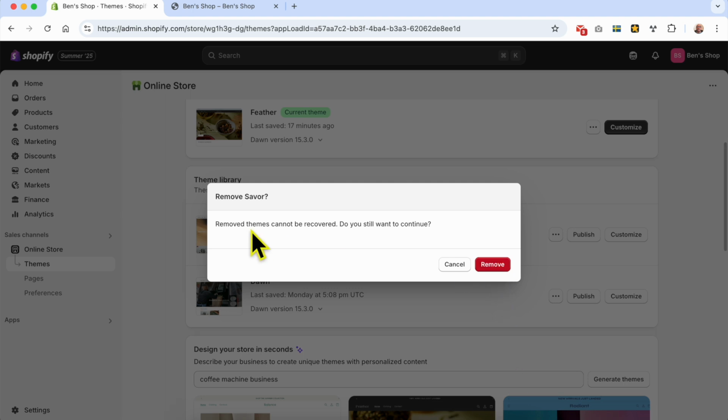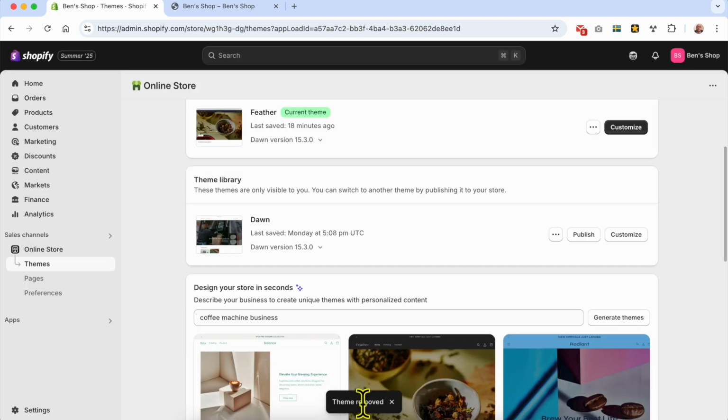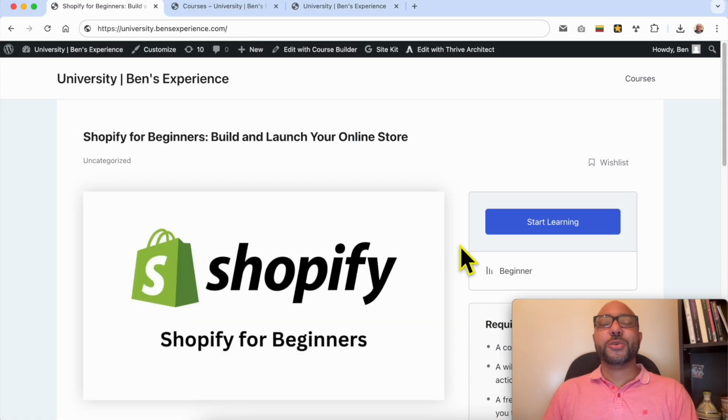Confirm your action, but before that, removed themes cannot be recovered. You still want to continue? Yes. Remove it. And now if I refresh this page,